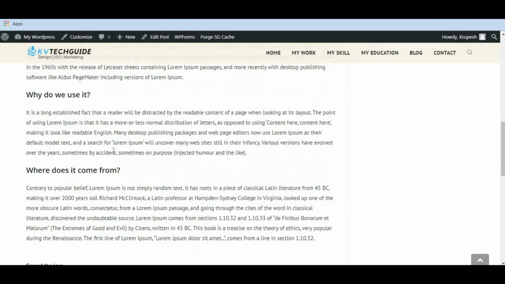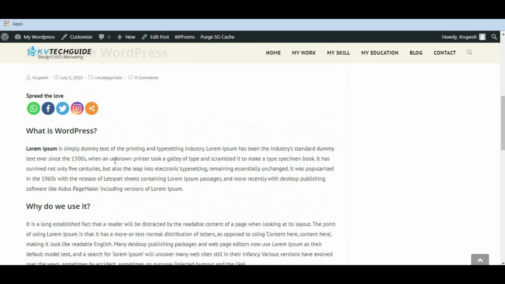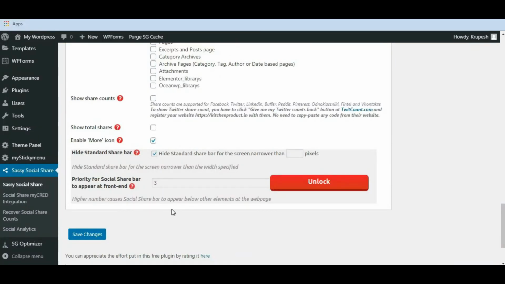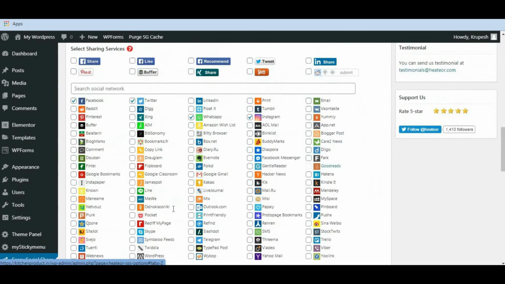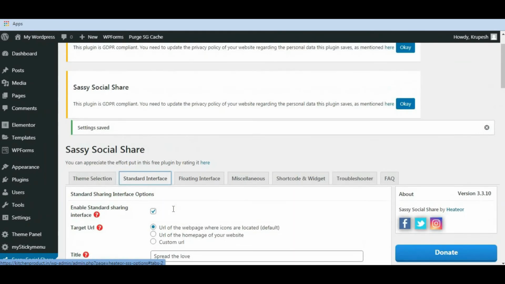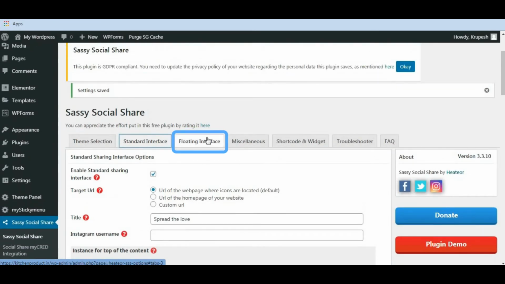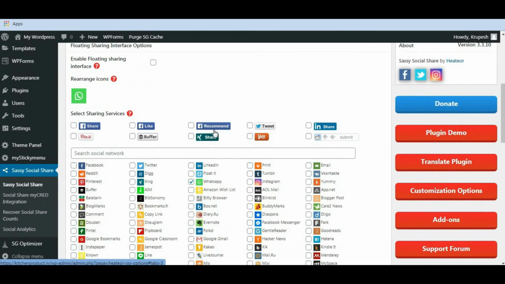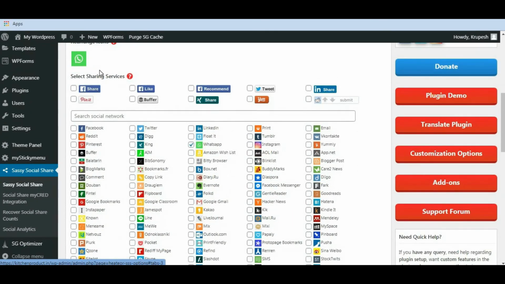Now next we are going to add a floating sharing button. To add a floating sharing button, we need to go back to the WordPress dashboard. Scroll up. Okay, now click on the floating interface tab. Here it is. Now scroll down and select the networks that you want to add to your website. I will select Facebook.